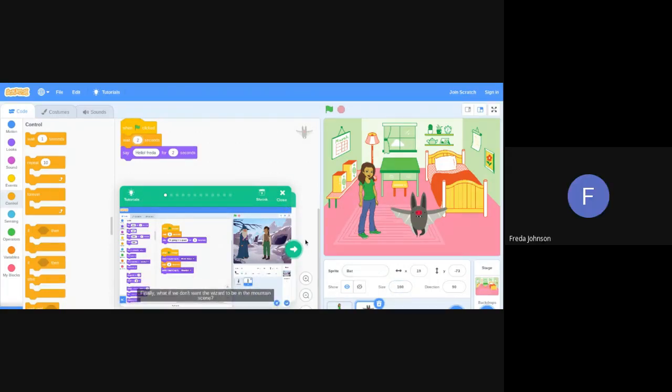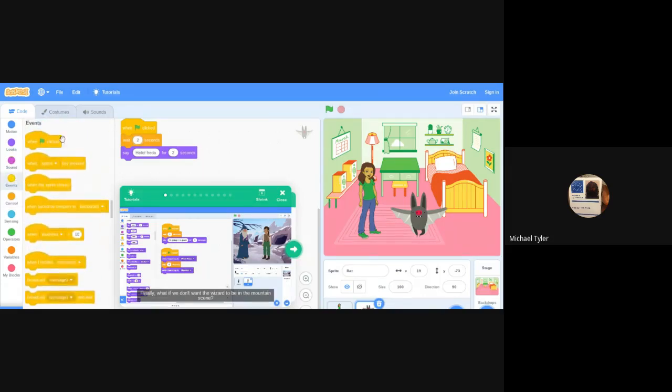So you see in the video, you got those first set of blocks, which you got in your programming too. But now you need to recreate the same type of blocks like they did. So click on events and then grab one more of those and do what they did in that second set of blocks. You might want to minimize that video so you can see. Is it shrink?